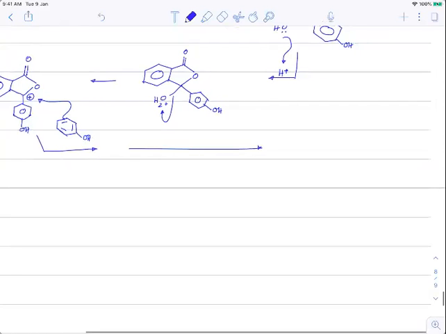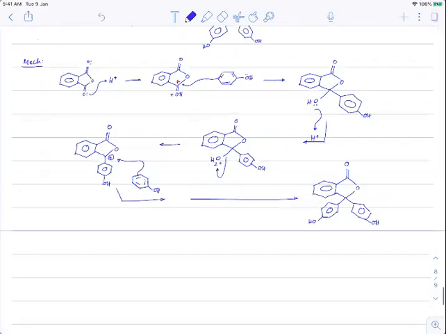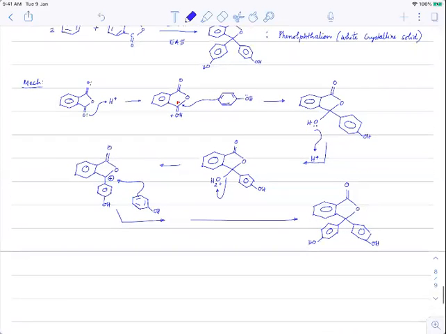I'm writing the final product here as phenol. उसके साथ में phthalic anhydride, और बाकी दो एंड पे phenyl groups with OH on it. Phenyl group with OH on it. Okay. So when you have 2 moles of phenol react with phthalic anhydride, what we are getting? We are getting as phenolphthalein.